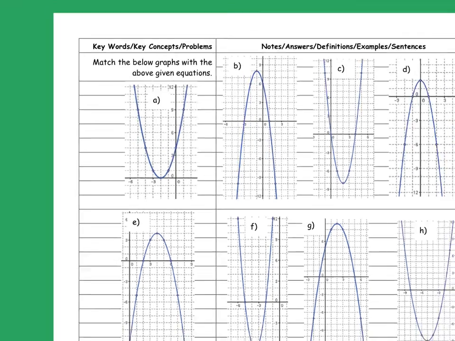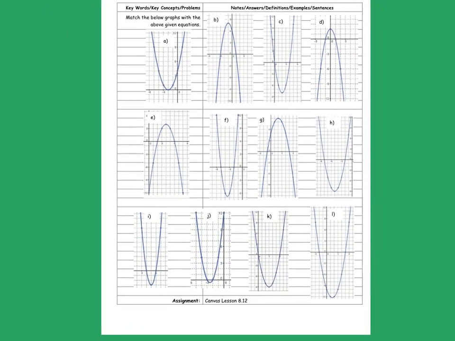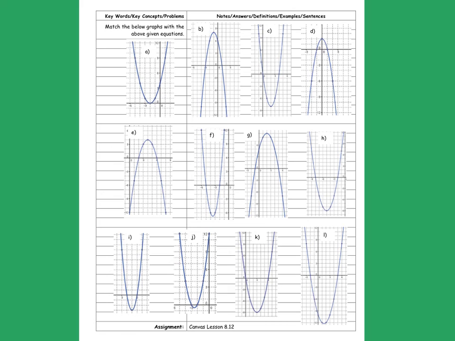So I've got 12 beautiful graphs here, okay? See all 12 of them? I couldn't make them fit any nicer or neater. I did the best I could. And they're labeled A through L, okay? So there's a couple different ways I could do this. Like I said, I could start with A and find my x-intercepts on A, and then find which problem had an x-intercept of that. Or I could say, number one on my equations that we did,